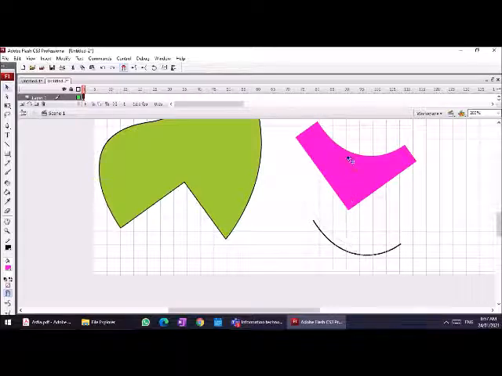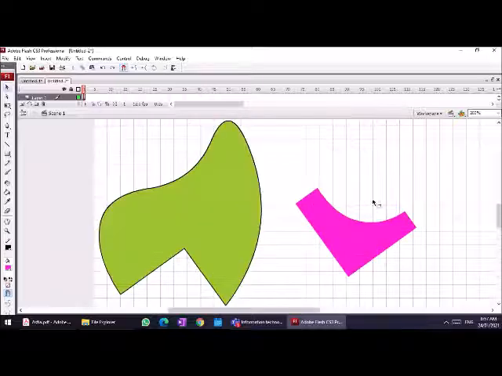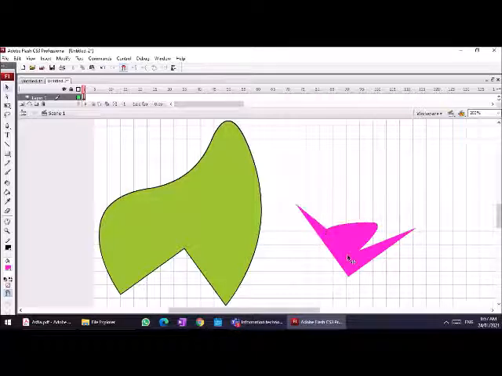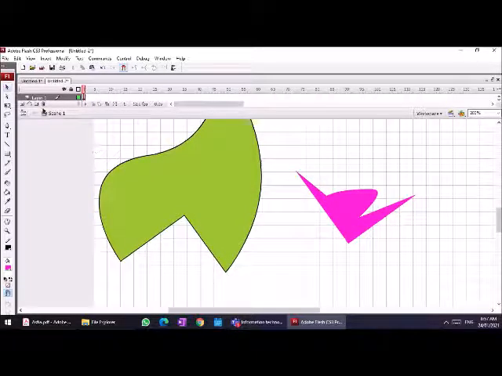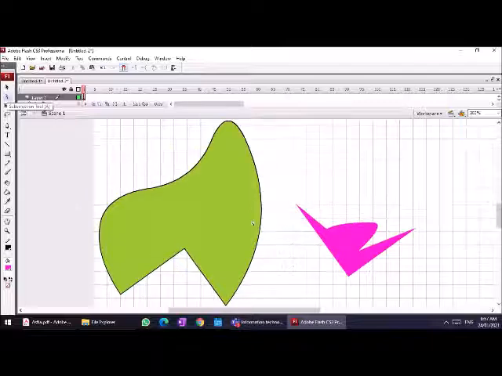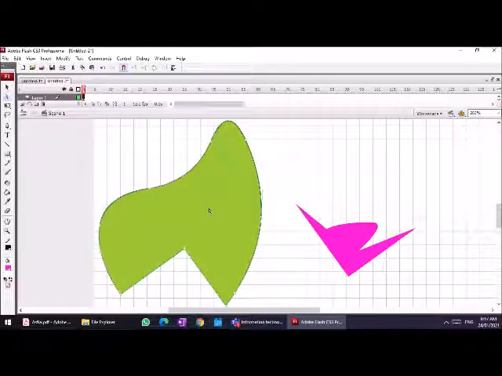This is the stroke. The stroke will be treated separately. You can also use the nodes. Just use the subselection tool, and you can also use the nodes to create a different shape.